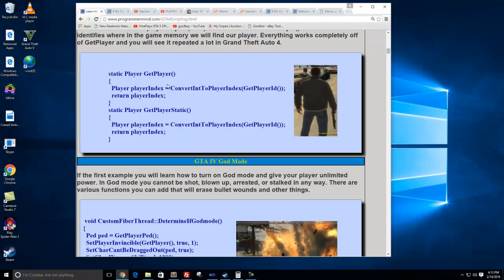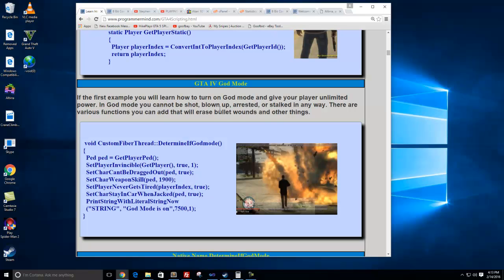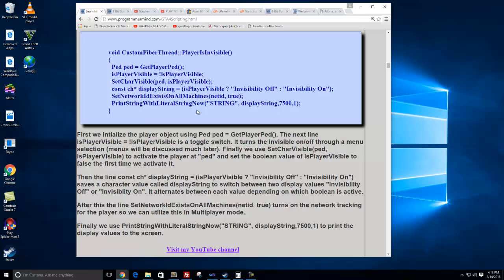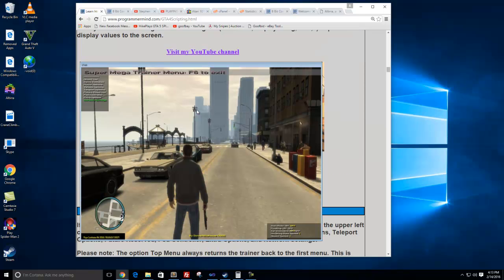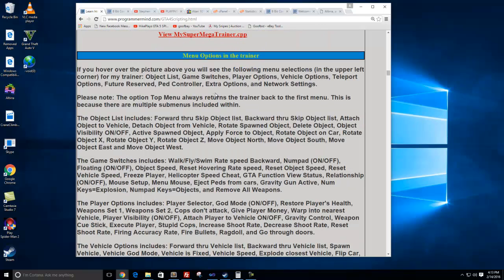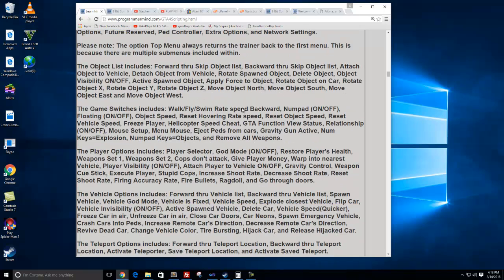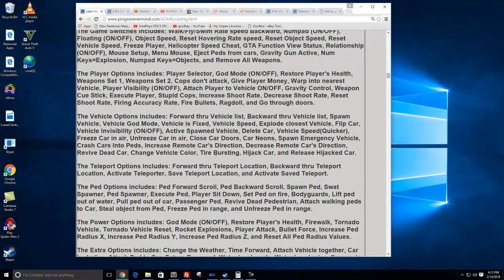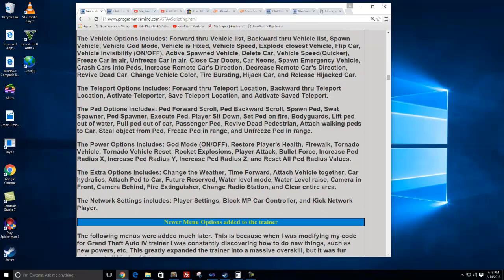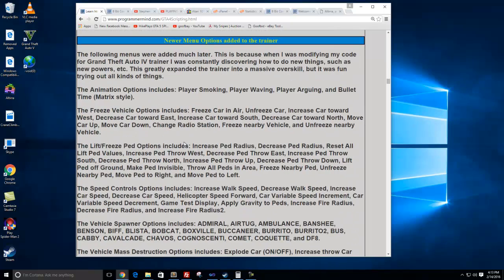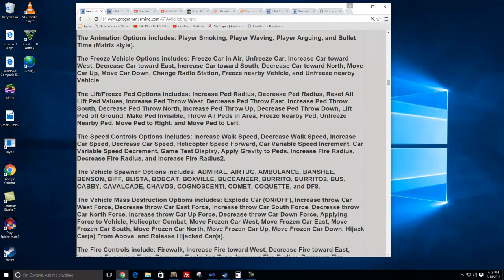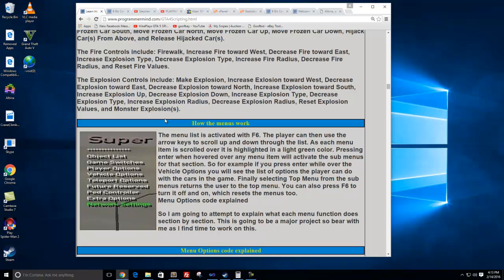But this one shows you how God mode works, and this is for GTA 4, so maybe I'll extend it for GTA 5, which I'm also working on right now. My new trainer, so to speak, up and coming. And there's the God mode example. It talks about how it works in players invisible. Just some examples here. You hit the pictures, it enlarges them. These are all the options I included. So these were all the hacks I came up with, mostly myself, in the game. I mean, I spent over, I think it was 2 years just hacking this thing and writing my own code and my own scripts and just going bananas over it and throwing videos every time I found out something new in the game. I was totally obsessed with learning it.